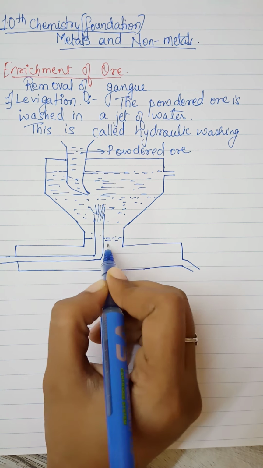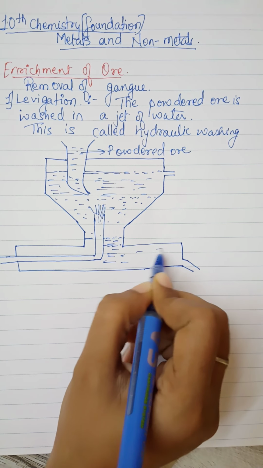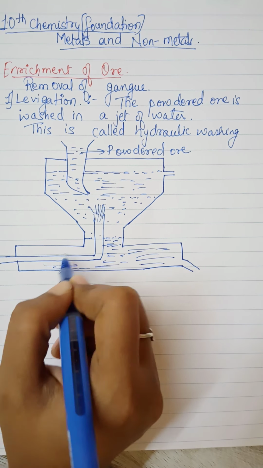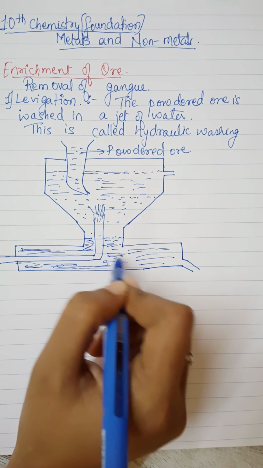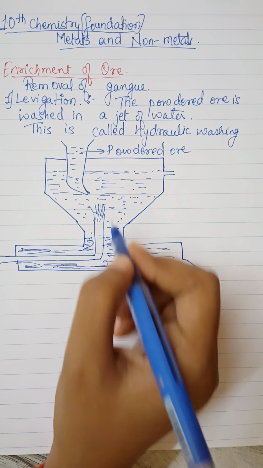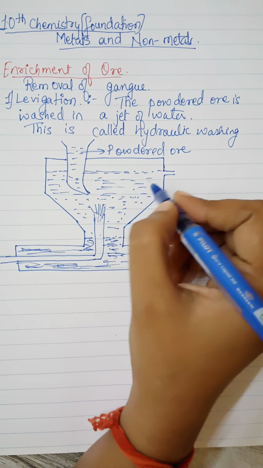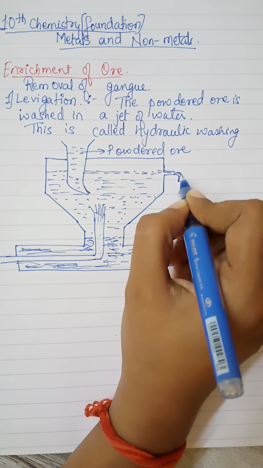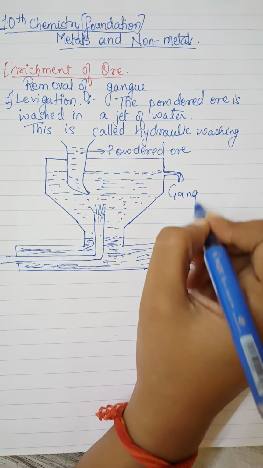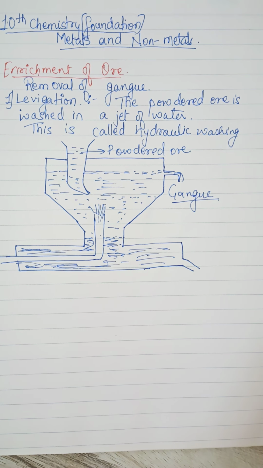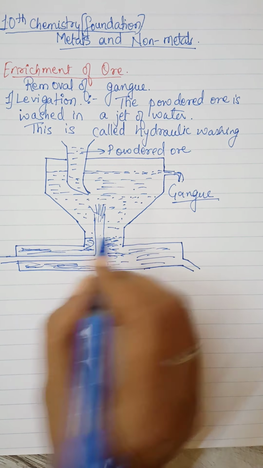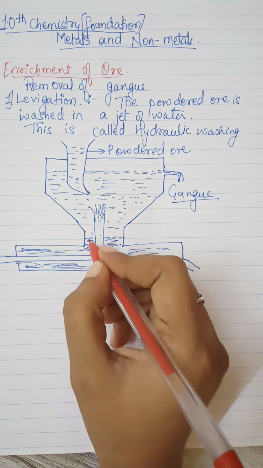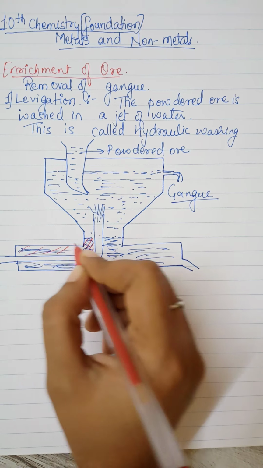here, okay. The metallic heavier particles will definitely settle down at the bottom, right? And so this will be your metallic, or the ore's heavier particles, right? Whereas the lighter particles will come above, okay, and in the form of gangue they will be removed here, right? So I hope this is very simple to understand and you might have even drawn this, right? So as we move down we'll find that this portion is your metal deposition portion